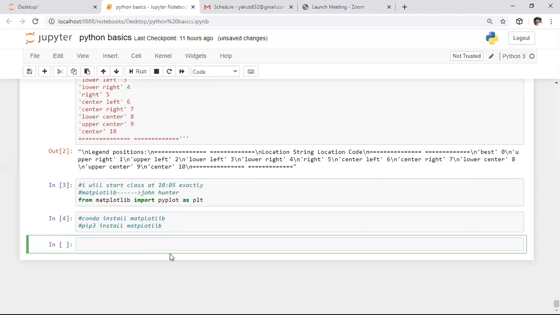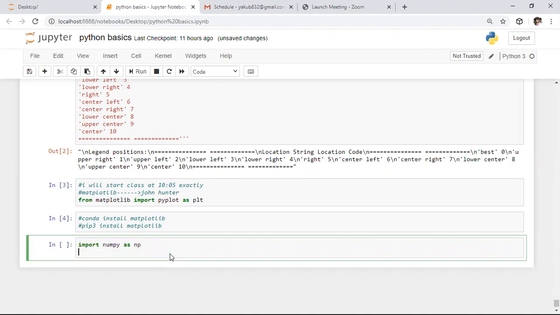After this, we will see the basic plot. Initially I'm importing NumPy with the alias name np, which is the standard alias name for it. After this, I want to use the linspace function present in NumPy. With linspace, I want to take a few values in the range of 1 to 5, and I'm specifying that I want 11 intervals between these values.